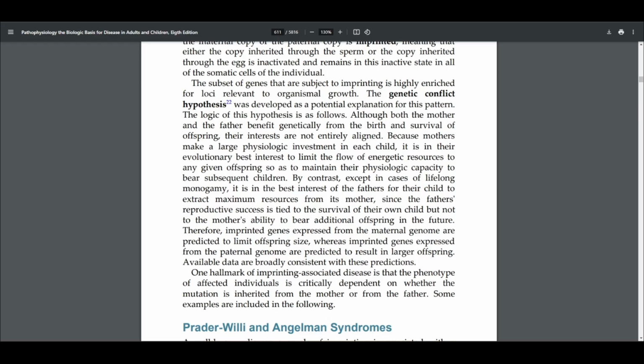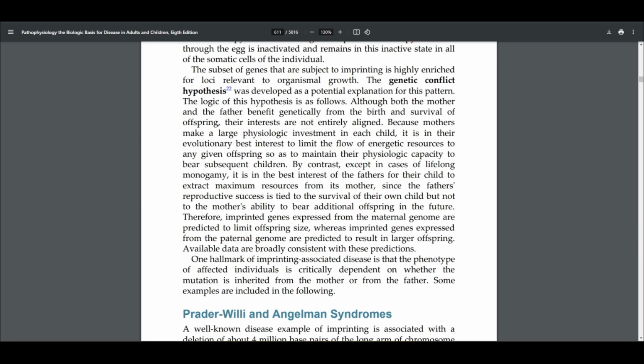The subset of genes that are subject to imprinting is highly enriched for loci relevant for organismal growth. The genetic conflict hypothesis was developed as a potential explanation for this pattern. The logic of this hypothesis is as follows. Although both the mother and the father benefit genetically from the birth and the survival of offspring, their interests are not entirely aligned. Because mothers make a large physiologic investment in each child, it is in their evolutionary best interest